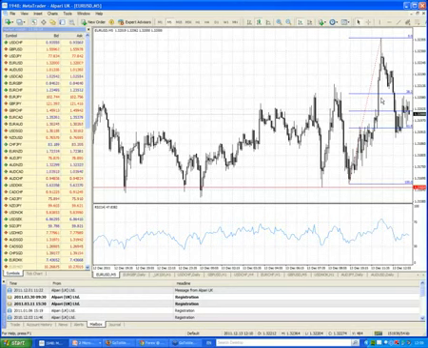Okay, so always a way to look at those. And of course, the other side is make sure you've got your stops and limits in place, because none of these things are an exact science. They will either work or they won't work, and there's nothing you can do about it, unfortunately. The only thing you can do is have a stop loss underneath it, so that if it does go wrong, you're protected. If it goes your way, make sure your limit's in place and it takes your profit for you. Don't get greedy on those winning trades.